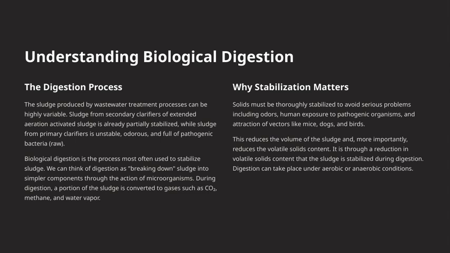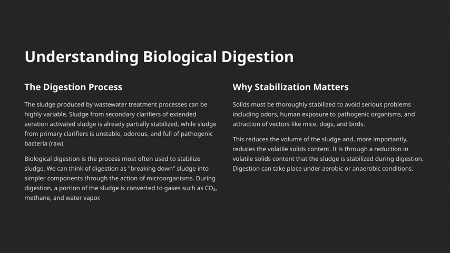During this process, microorganisms break down the organic material, converting a part of the sludge into gases like carbon dioxide, methane, and water vapor. This not only reduces the volume of sludge, but also makes it safer for disposal. Now, why does stabilization matter so much? Well, thoroughly stabilized solids prevent serious issues like foul odors, exposure to dangerous pathogens, and attraction of vectors such as